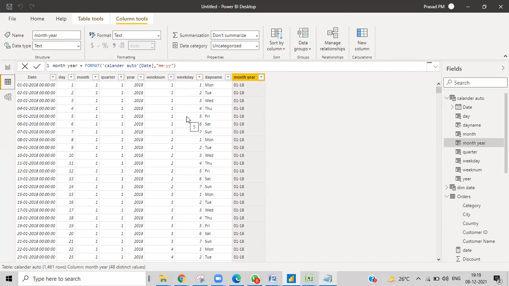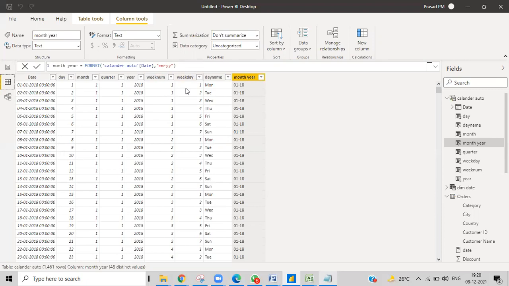I'll write a small measure to calculate the sales for weekdays only. And I'll calculate sales for total days, and I'll calculate sales for only weekends. Then we'll compare whether we are getting it right or not, just to show you how these functions will be useful in real time. So don't get confused.